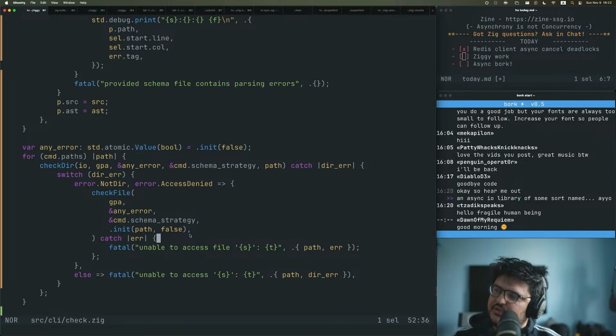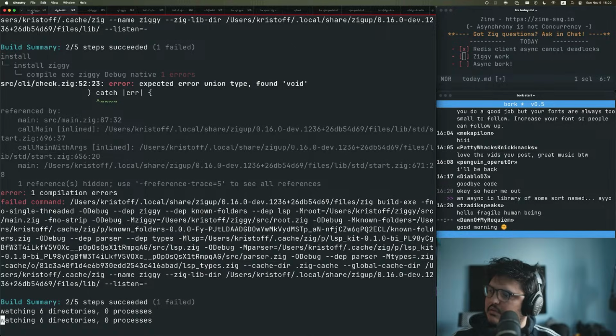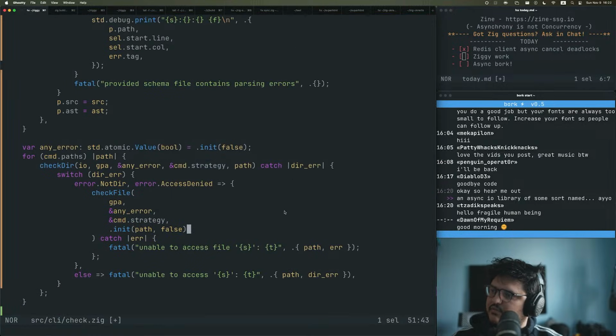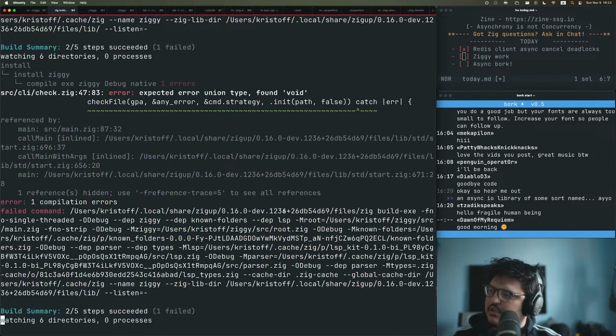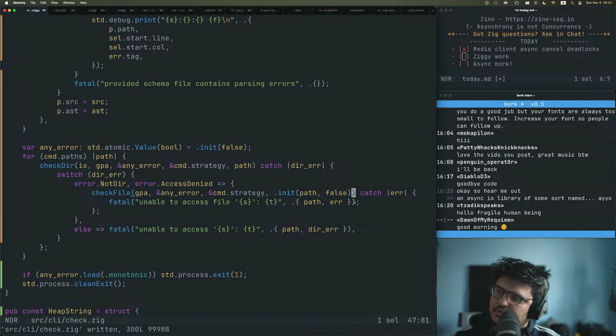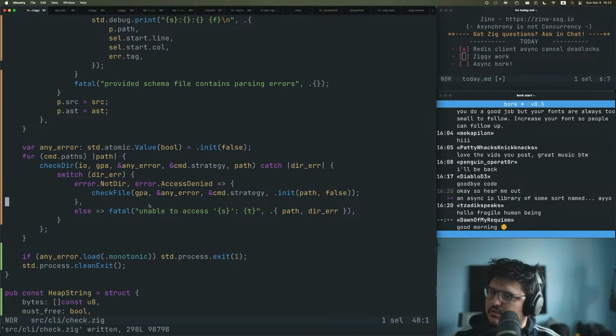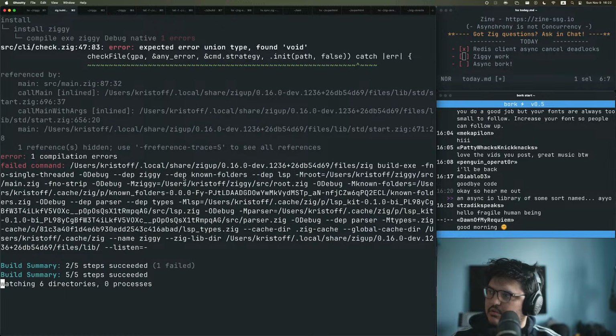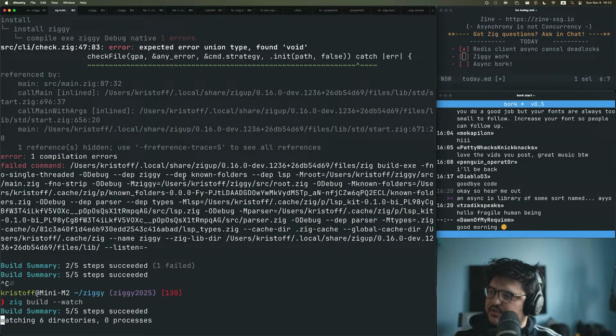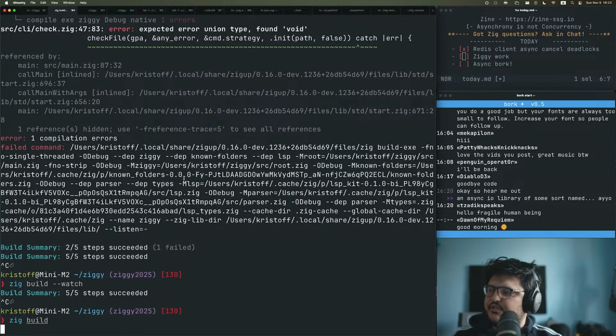It's just so slightly too much. Just call it schema, I guess, or strategy. So if we do this, then we can do this. Okay, what's the problem now? Expected error union type, found void. Oh, even better. Oh, did we succeed building? We did. Okay, so we successfully build now,